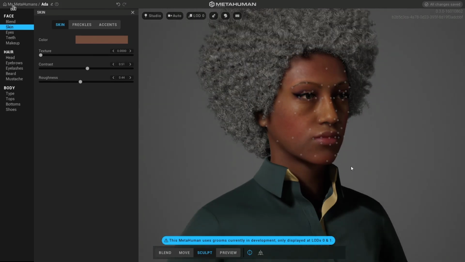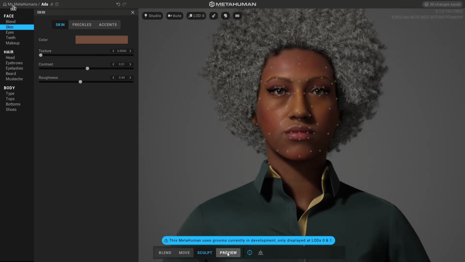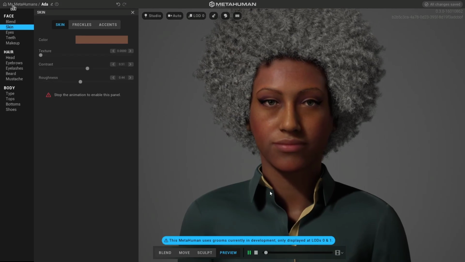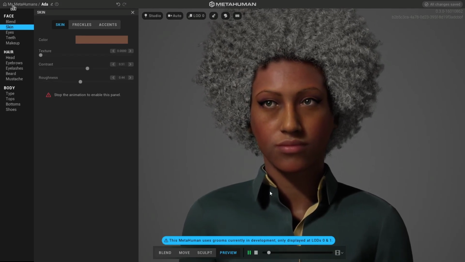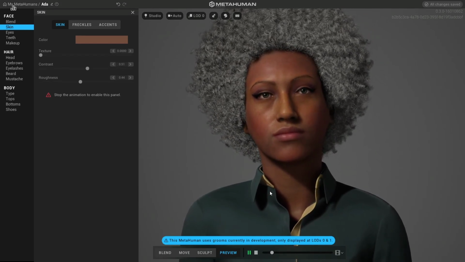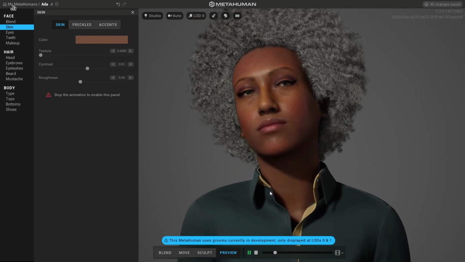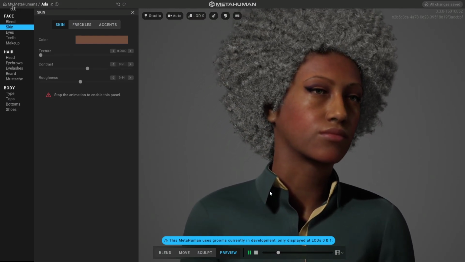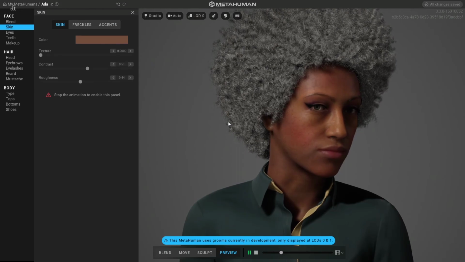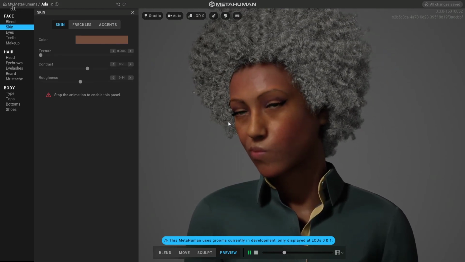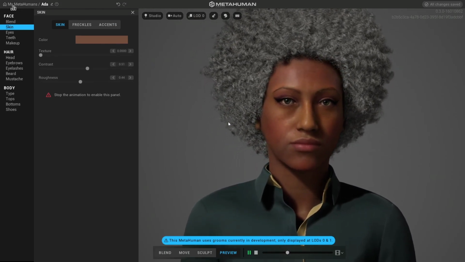Okay, yeah, I think that's it for the overview. Now you can preview the animation. This was just to show you the basic stuff on the MetaHuman Creator. It's my first time using it today, so I don't really know a lot of stuff, but yeah,